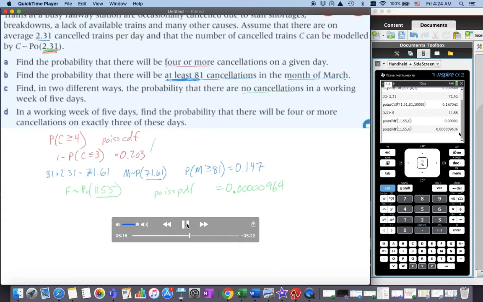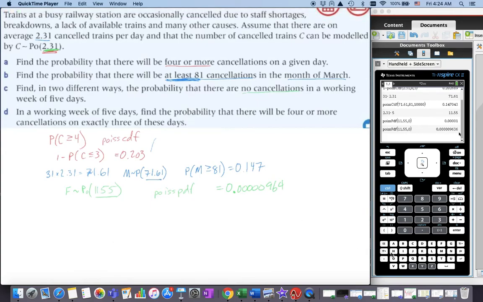Okay, well, what's another way that I can get 0? This is interesting because this is kind of a proof of what we're doing. I just told you that when we went to a month, we could take the expected value and just multiply it by the number of days, right? 31 days. We did something similar on the last question as well. But this is going to solidify that belief that this actually works. I mean, it should, because it's an expected value. If you have the same expected value over 2 days, then your total expected value for the 2 days is the sum of those two. I mean, that just makes sense. But this will show us that that actually works.